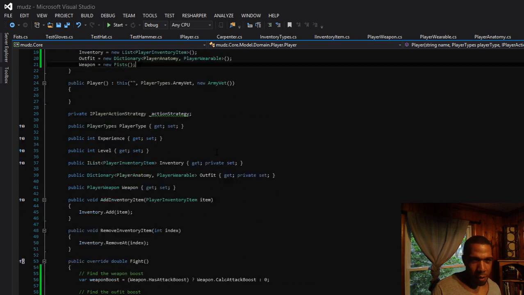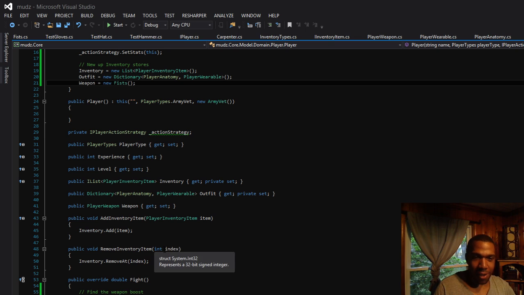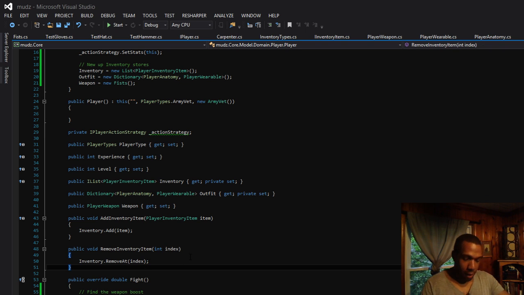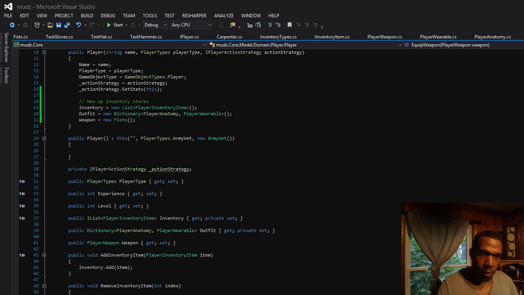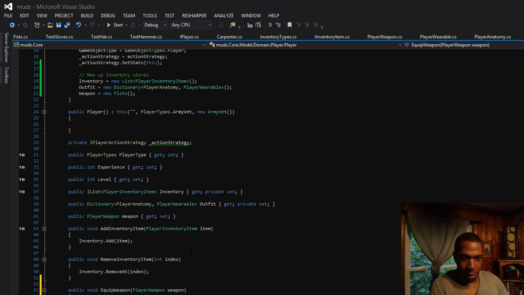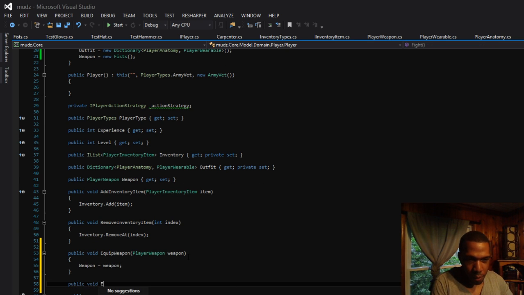Now, we'll hold off on some of the things like equip or use for right now, or should we? No, let's go ahead and do it. I just lied to you. Alright, because we already have add inventory item, we already have move inventory item. Let's do a public void equip weapon. And we're expecting a player weapon. And then we want the weapon that we currently have to equal weapon. And do a public void equip wearable, and we'll take in a player